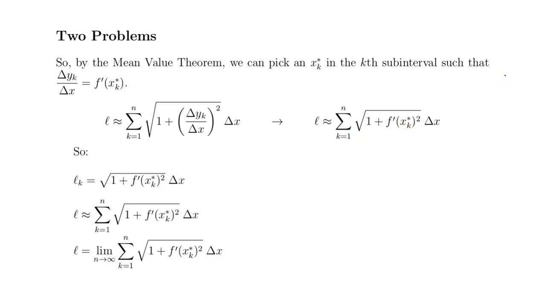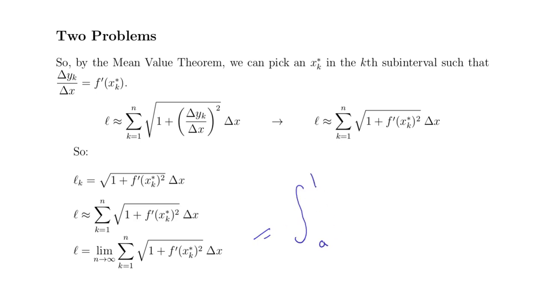So what we can do is do our slice and sum method. The kth subinterval, the length on that is equal to the square root of 1 plus the derivative at x sub k star squared, all under a square root, times delta x. That means the total length is approximated by the sum of all those little lengths, and that means the total length is exactly equal to the limit as n goes to infinity of this sum, and that is an integral